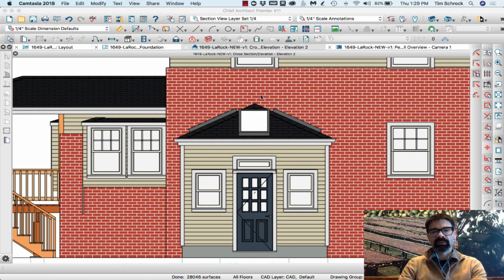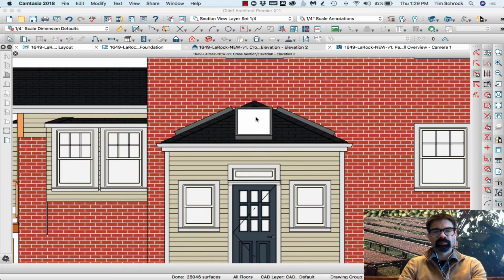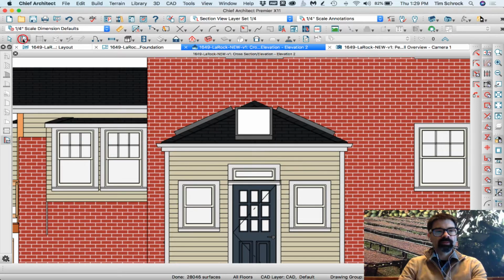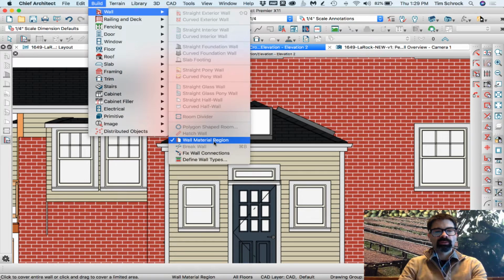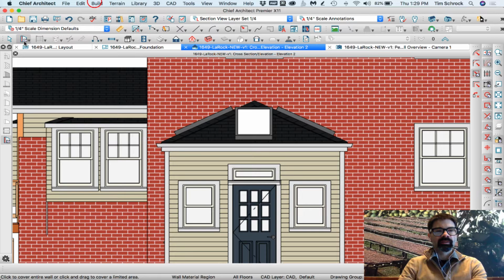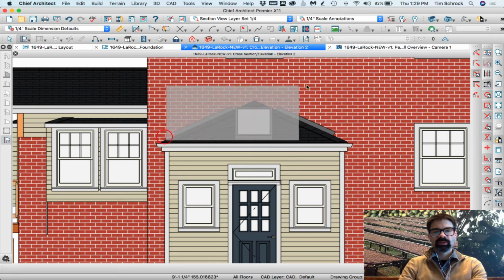So for today's tip, I've shown this before in different applications, but this is how I would show a step flashing situation against this hip roof addition. I'm going to use the wall material definitions. You can do that with Build, Wall Material Region. I customized my toolbar and added that wall material region to my toolbar. And I'm just going to draw right here,